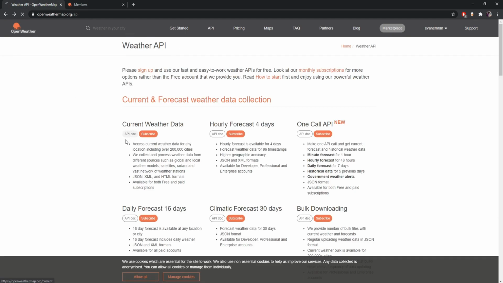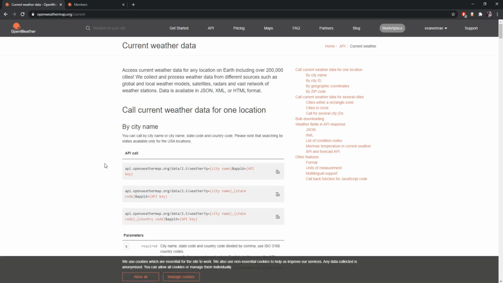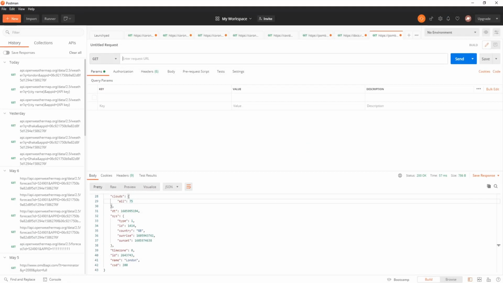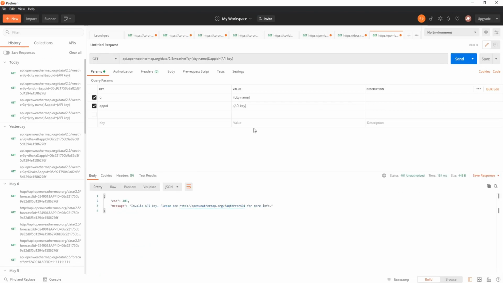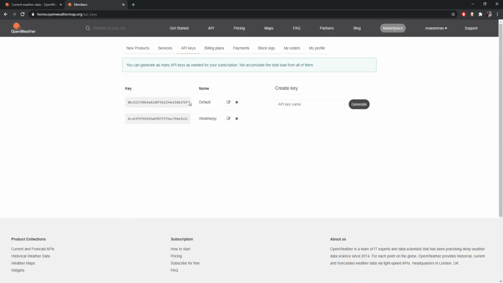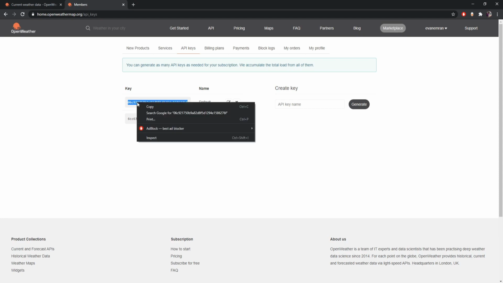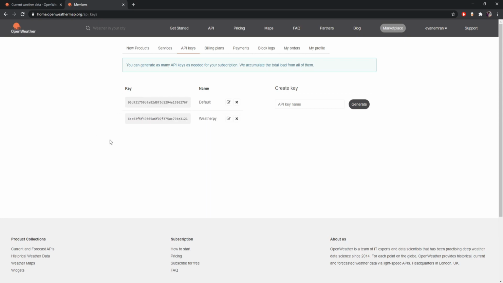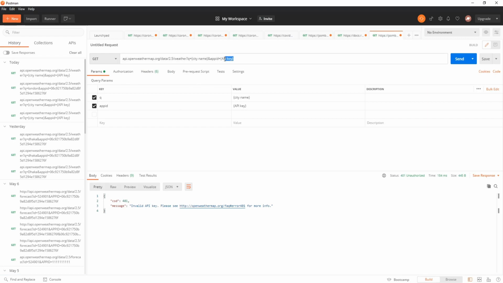Now let's go to the API doc to see how it works. So as you can see, we have these methods to call the API. Let's select this first one. I'll just copy this and paste it inside Postman. Send. Okay, we need to enter the API key and the city name here. Okay, so for the API key I'm going to use this one, but in your case make sure you use your own API key. I'll paste it just here,